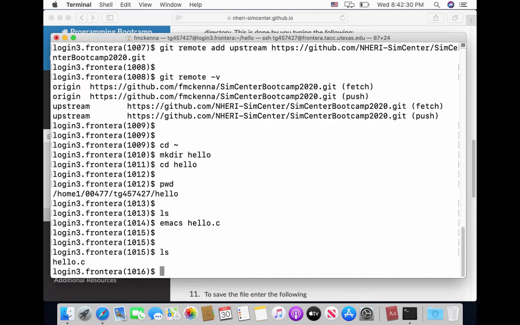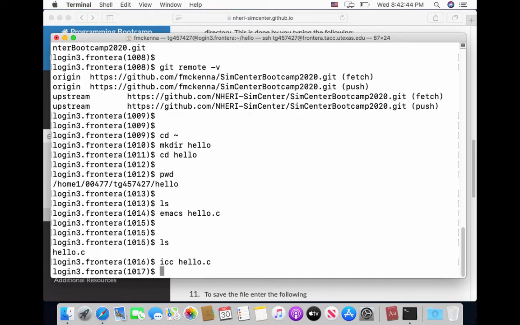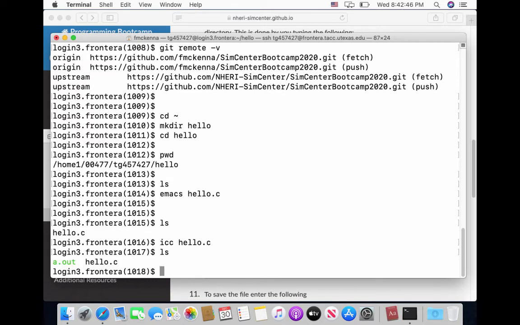So now if I do an ls, you see I have hello.c. What I can do now is compile hello.c. ICC is the Intel compiler that's available to us. ICC hello.c. We'll compile it and create a new application called a.out. Now I can run a.out by just ./a.out. That's what I could do, but to be a good citizen, they don't like you running applications at the